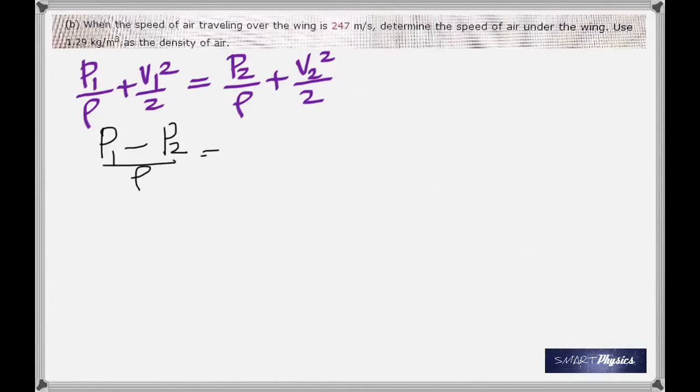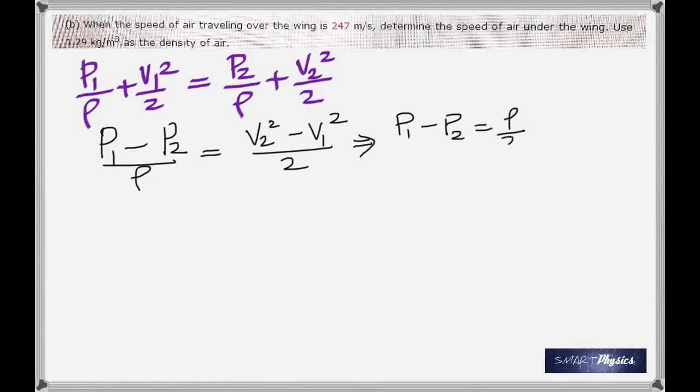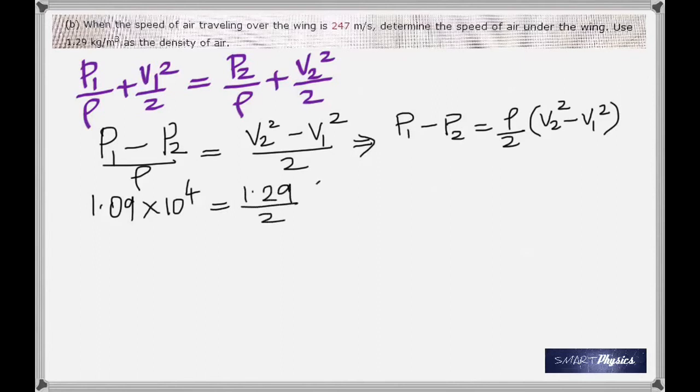Therefore, since we have to find V2, we're going to make that the subject. First I took P2 by rho to the other side, and now take rho onto the other side too. It becomes rho by 2. This is the 2 there. Into this. And we already calculated the pressure difference as 1.09 times 10 to the 4. So put that equal to the density of air divided by 2, and V2